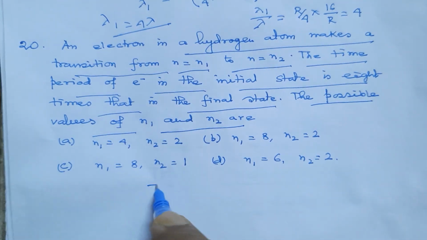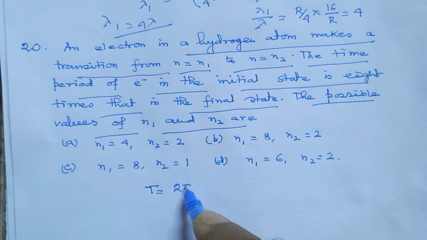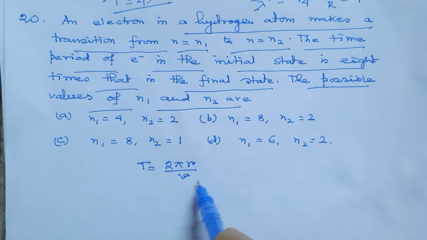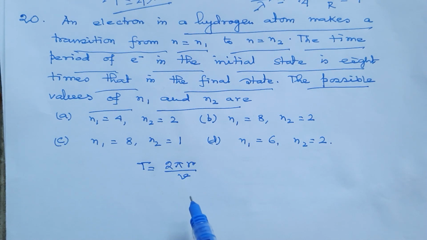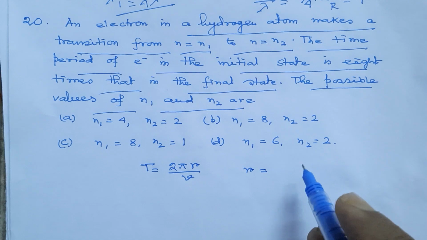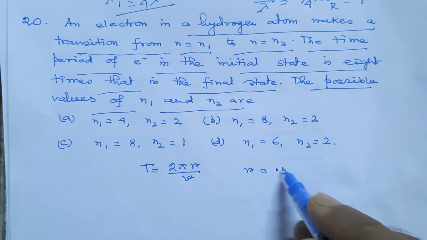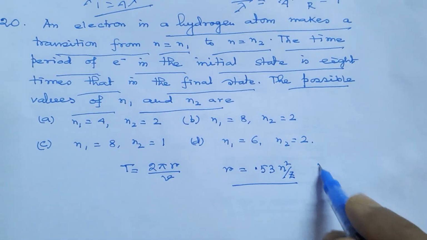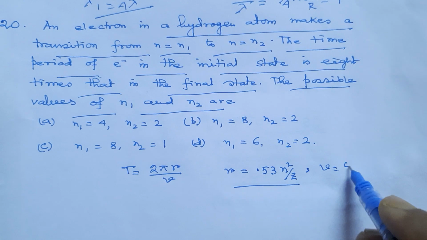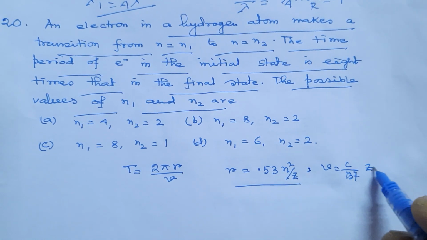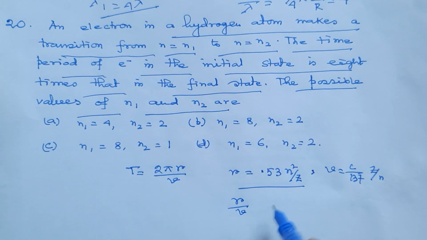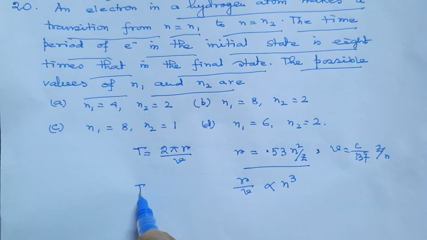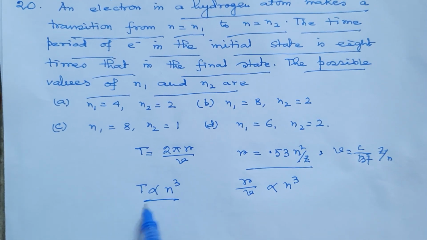So time period T, we know that it is equals to 2 pi r by v, where r is the radius of the orbit. And from Bohr's theory, we know that r equals to 0.53 into n square by Z angstrom, and v equals to c by 137 into Z by n. So the ratio r by v is proportional to n cube. So T is proportional to n cube. Now,